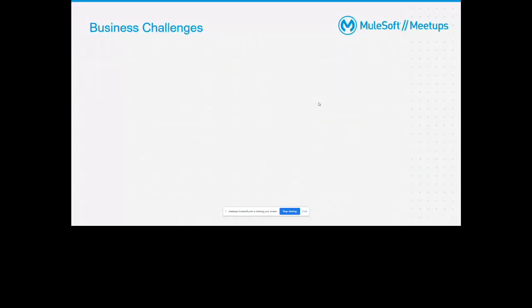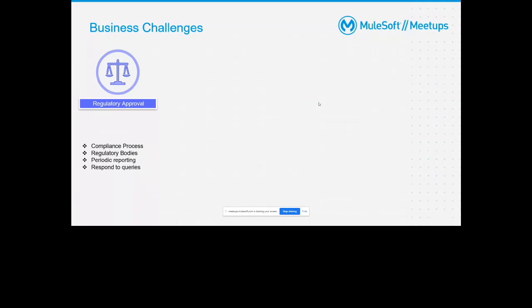So now some of the business challenges in trial organizations. One of them is regulatory approval, because especially those clinical research organizations who do business globally need to come across multiple regulatory bodies. So I have some regulatory obligation in the US region, and some different regulatory rules I have to follow in the Europe region.